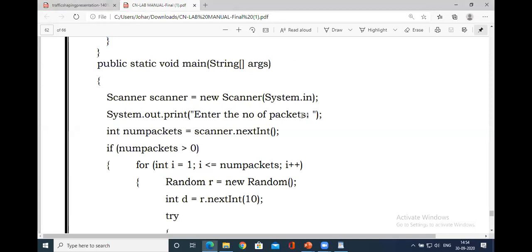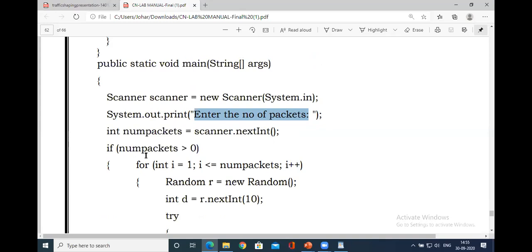Enter the number of packets. I have shown you the output. You enter 3 number of packets you want to send of different size. Clear? I entered 3. Number of packets is 3. Initialize the scanner here to the number of packets.